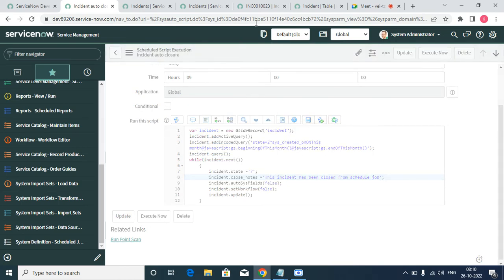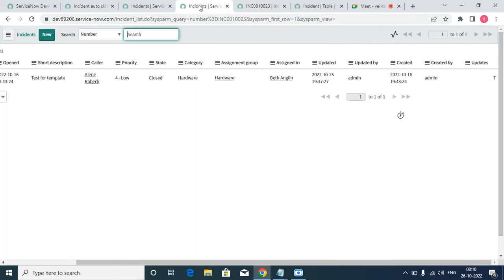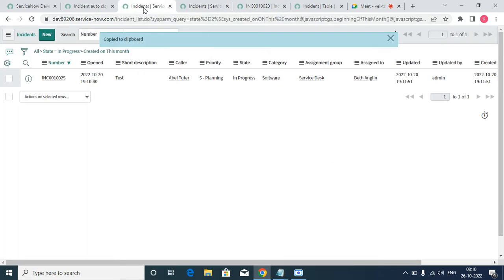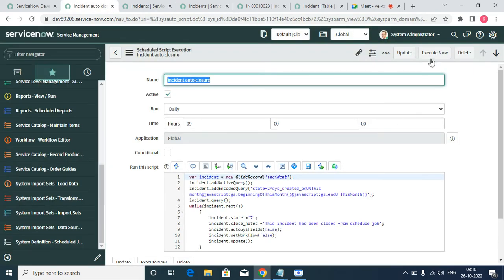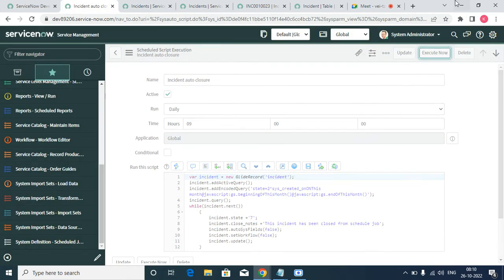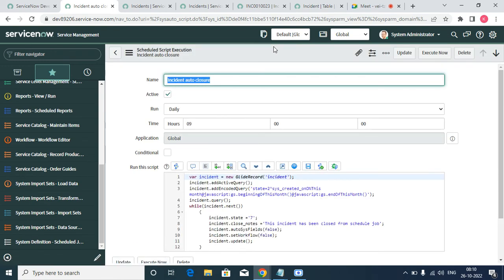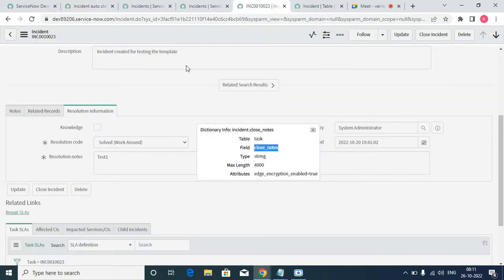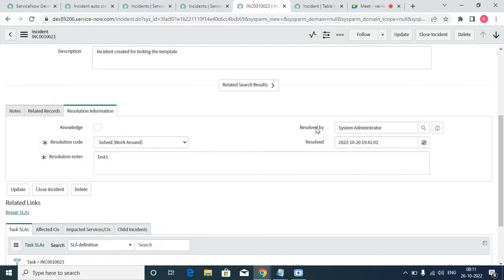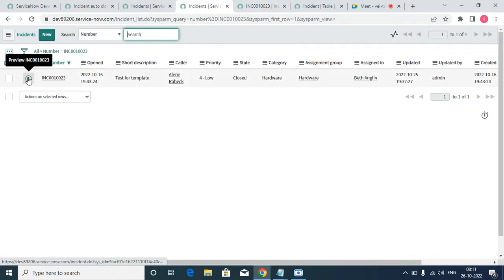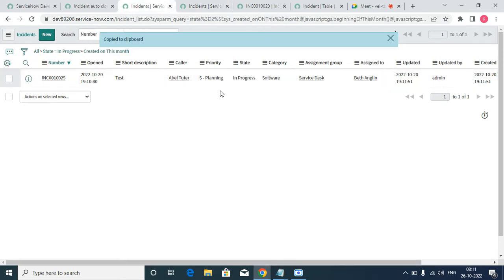So I'm just going to save this one. If I open this one, I'm just going to execute now. So if I click on execute now, what happened? And don't do this execute now in the production environment. So if you want to do any other changes, see. So this is the incident, right? If I open this one,